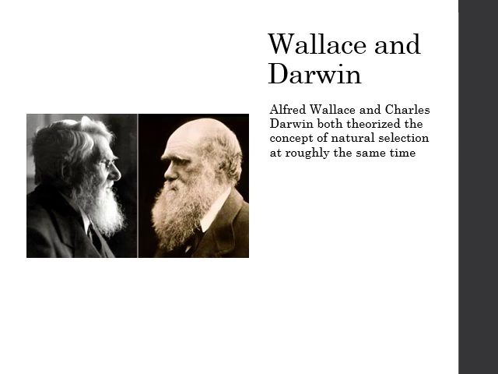Okay, so now we hit Darwin, right? We have Wallace and Darwin. Both guys come along about the same time, and they said, natural selection's happening. Well, natural selection is going to be based really, really heavily in reproduction. You're creating new species based on their ability to successfully reproduce. So they came up with that at about the same time. Both had very lustrous beards.